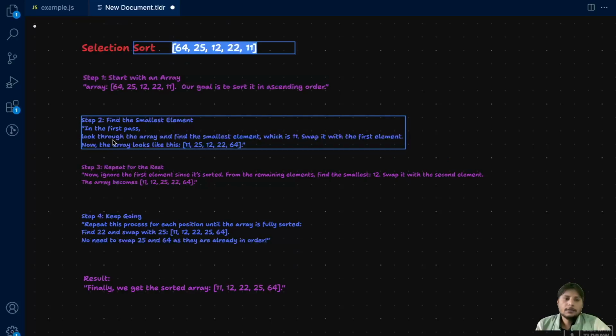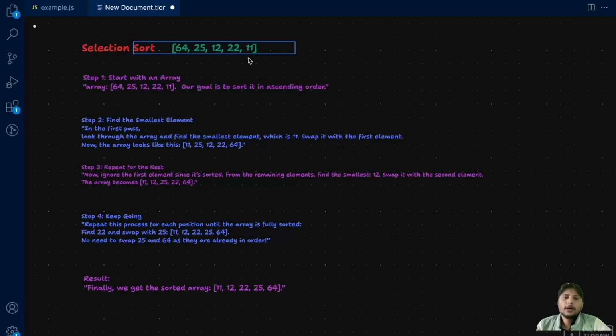In the first pass, look through the array and find out the smallest element, which is 11, as you can see, and swap it with the first element. Now the array will look like that. 11 is at first index now. So what you have to do, find out the smallest element from your array and swap it with the first